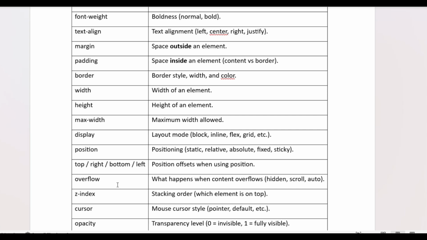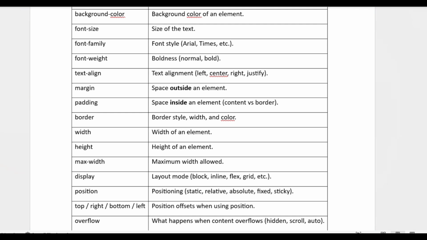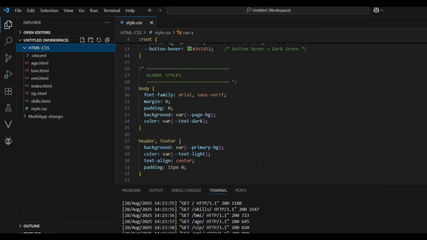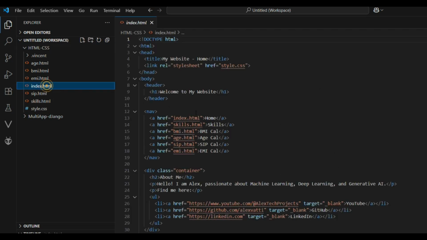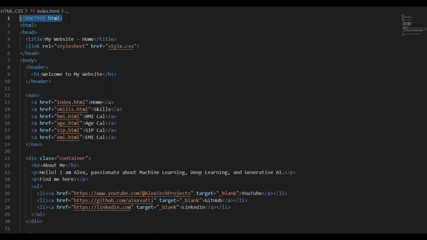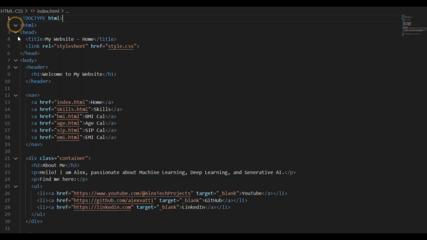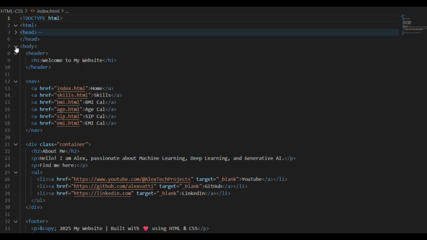In order to do this, we have created, you can see, HTML and CSS. So here you can see index.html. This is telling about the document type, that is HTML, and you can see this is the html. If you click and close, it will try to enter. So this is the root node, and here you can see head, and here you can see body.